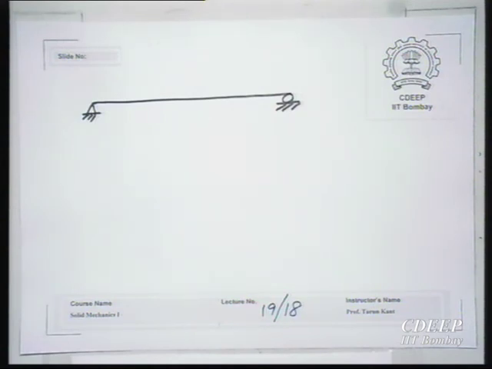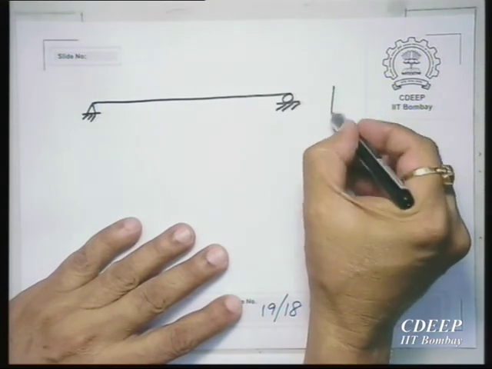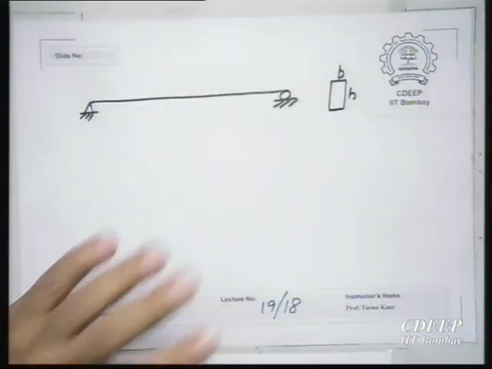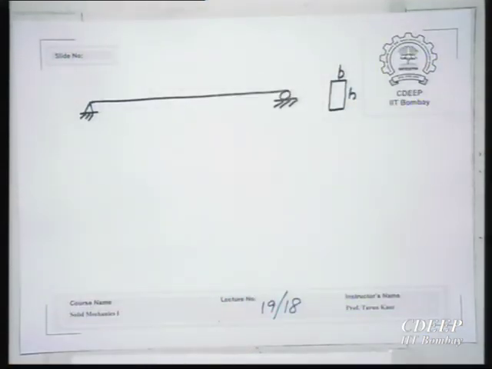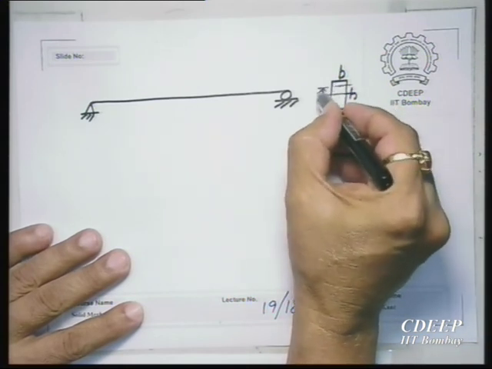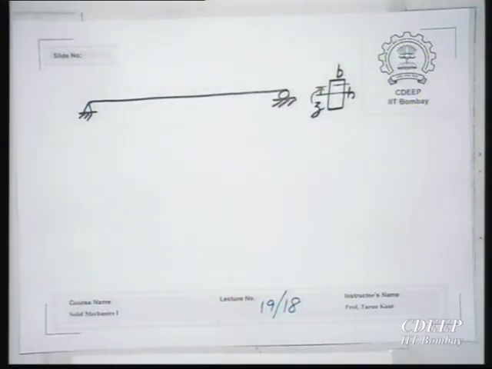If I know the moment of inertia of the cross section, which looks like this, this is h, this is b, and if I know the distance from the neutral axis, this is z, so I can find out this stress. So, given the moment applied to the cross section, moment is one quantity and that is applied at the neutral plane. Everything is applied at the neutral plane. Okay. So, now we are showing only the neutral axis.